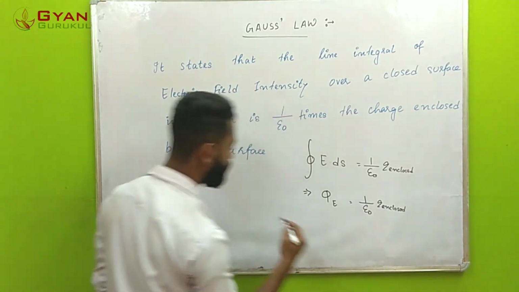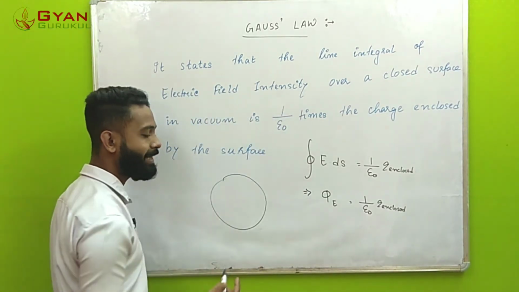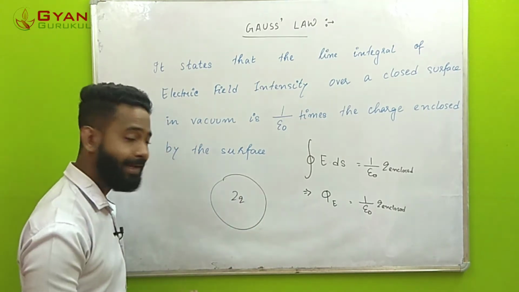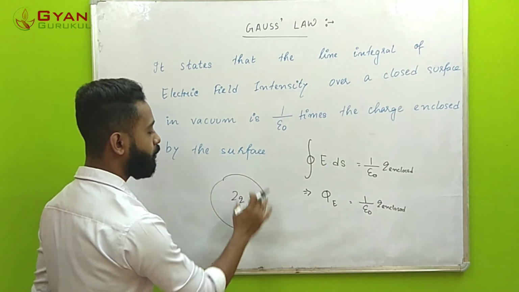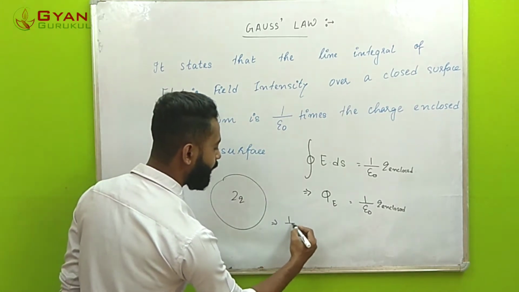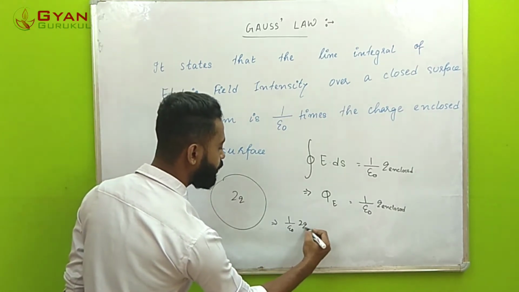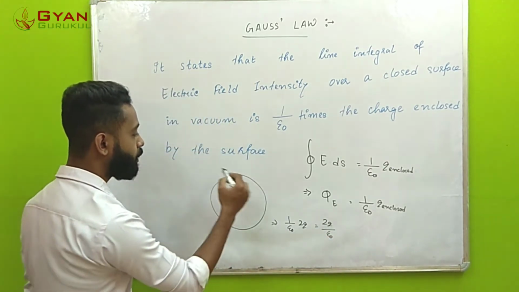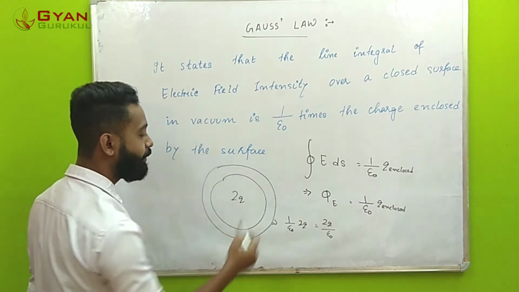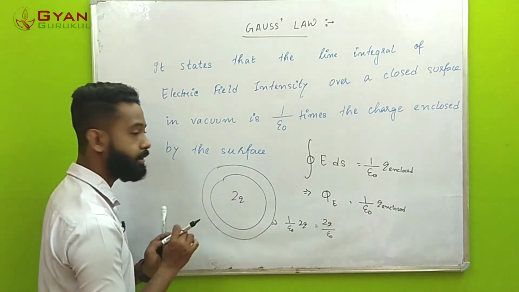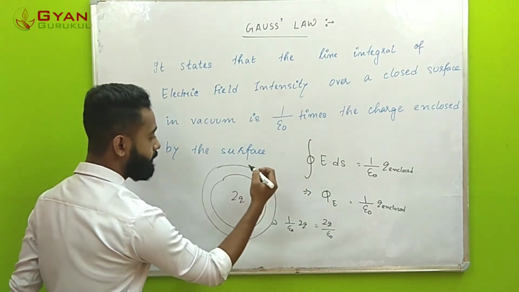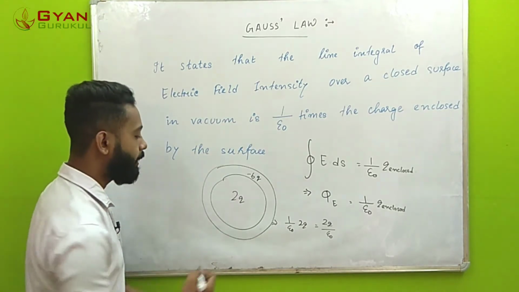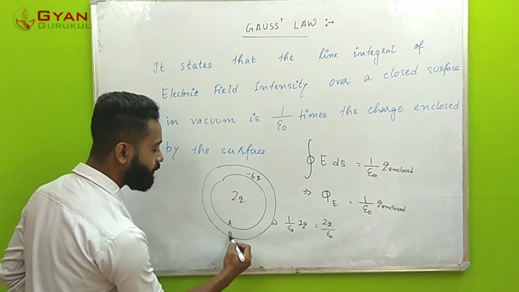If I draw a closed surface and say that the surface encloses a charge of, suppose, 2q, then the total flux for this particular surface would be directly given by 1 by epsilon naught into 2q, so that would be 2q by epsilon naught. Now if I draw one more surface concentric to the earlier surface having a bigger radius, and say that there is another charge of, suppose, minus 6q over here, and I name the inner surface as A and the outer surface as B,